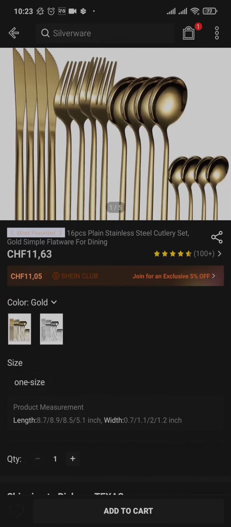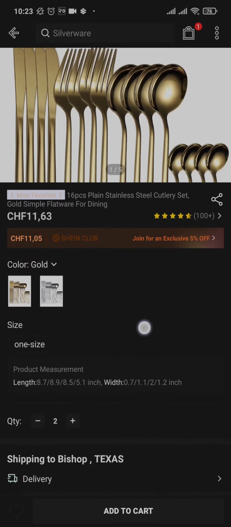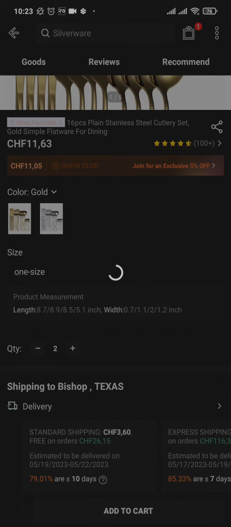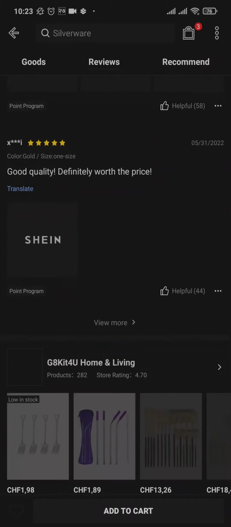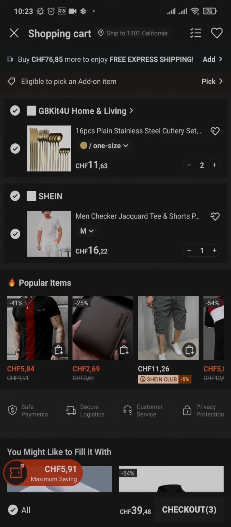Once you've selected the product, choose the quantity and also some of the description such as size if you're trying to purchase clothes, and then tap on add to cart. Once that is done, the product will be added to the cart on the top right, and you can view all of the products that are on the cart. Now tap on checkout on the bottom right